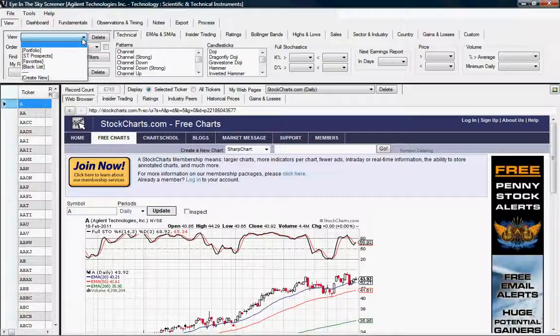top. The system comes with 4 default views that you can use to organize your stocks. You'll see them listed here: portfolio, short-term prospects, favorites, and blacklists. Let me just cover really quick what each one of these is. Portfolio would be all the things that you're holding in your portfolio. Short-term prospects are the stocks that you're considering getting into in the very short term. Favorites are stocks that you rotate through on a normal basis, so they're not quite set up yet, but you like to trade those stocks and you want to keep them at your disposal, so you would keep them in